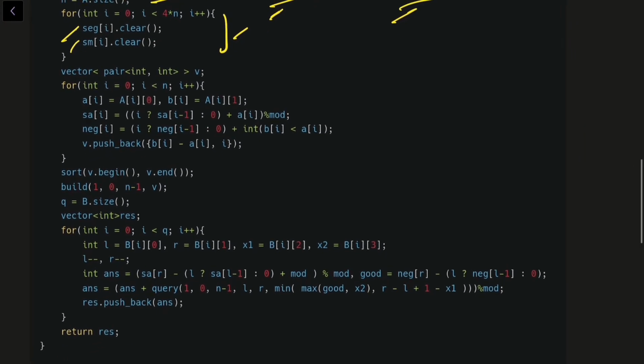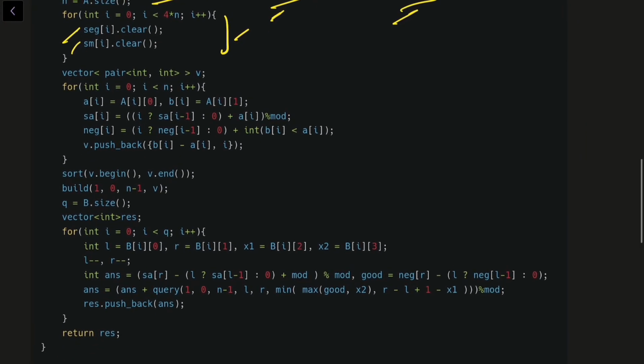So first off, I am storing type 1 elements in AI, type 2 elements in BI, right? After that, I am doing a prefix sum on type 1 elements, or basically AI or the array A, and we are storing it in SA. Why? Because if I am talking about some range L to R, as we have already discussed, first we are assuming that we are buying all the elements of type 1. So in order to get the sum of all the elements in range L to R, I'll need some kind of prefix sum, right? So that's why I'm using that SA.